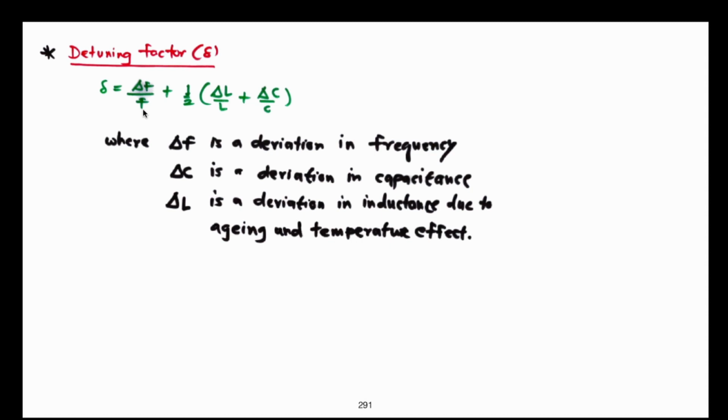So if there is a variation in the frequency, and also in the value of capacitance and inductance, then this detuning factor can be defined as given by the equation here. Delta is equal to delta F upon F plus 1 by 2 times delta L by L plus delta C by C, where